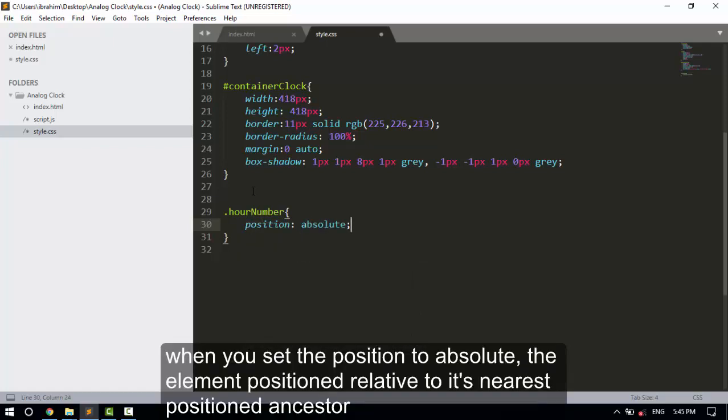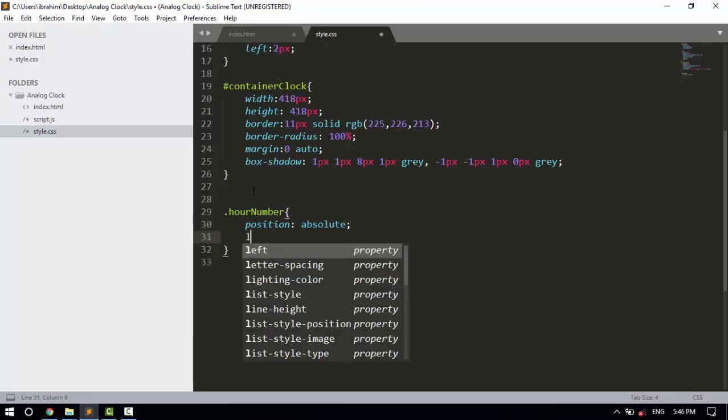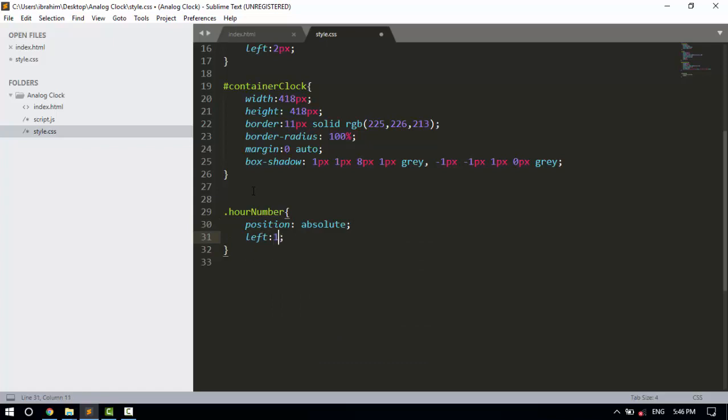When you set the position of an element to absolute, it's positioned relative to its nearest positioned ancestor. Left property 187 pixels, and top 0 pixels,